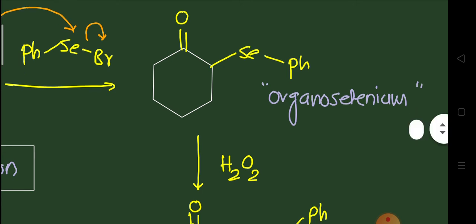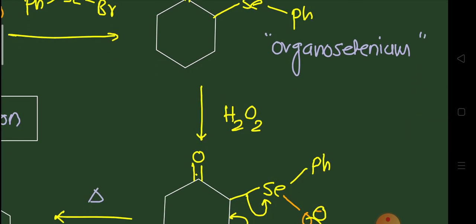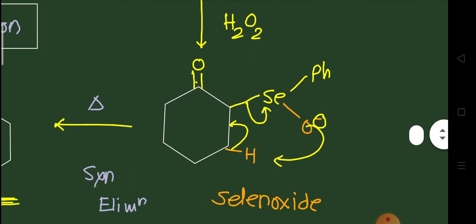After that, the organoselenium compound will be oxidized with the help of hydrogen peroxide. You know that hydrogen peroxide is one of the best oxidizing agents, it delivers the oxygen and water is freed. So, you get this one, SeO, and finally in the presence of heat. This compound is called a selenoxide, it is not an organoselenium, it is a selenoxide compound, and that selenoxide compound undergoes what type of elimination reaction? You already learned in semester 2 particularly. That type of elimination is a high temperature elimination, and it is a syn elimination.